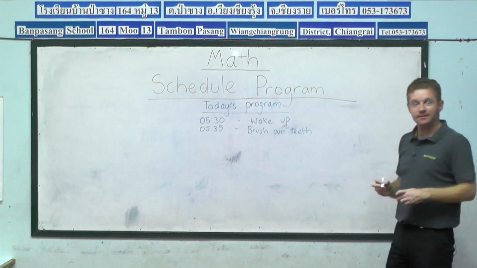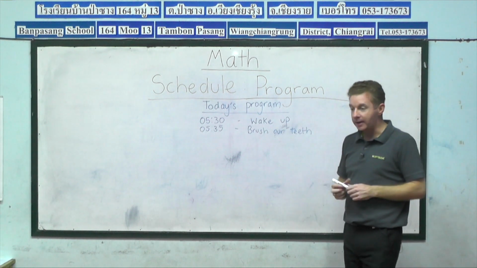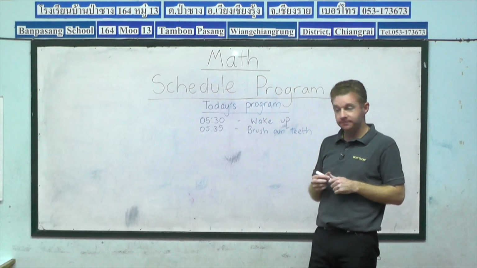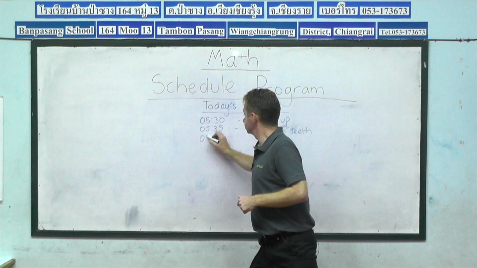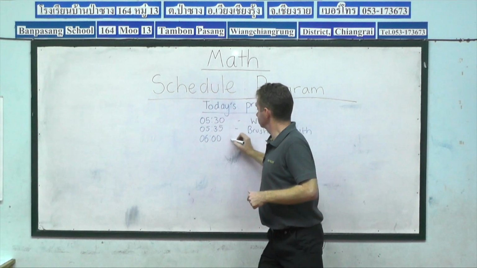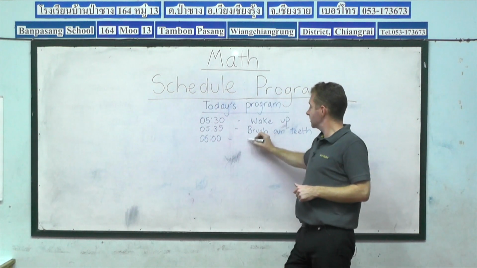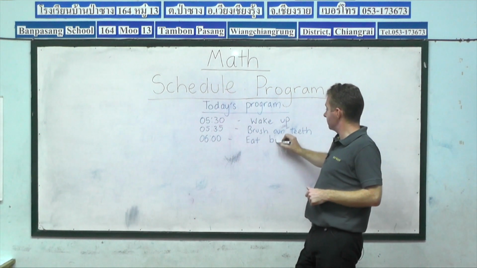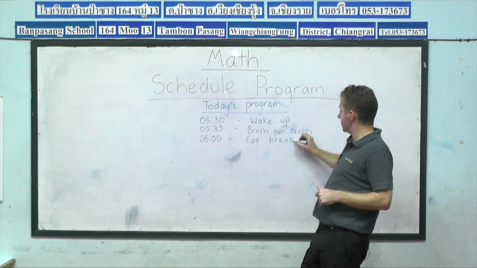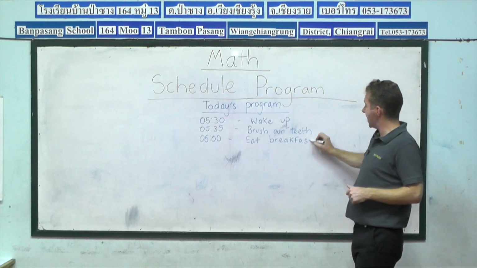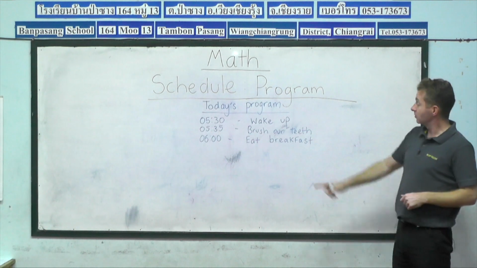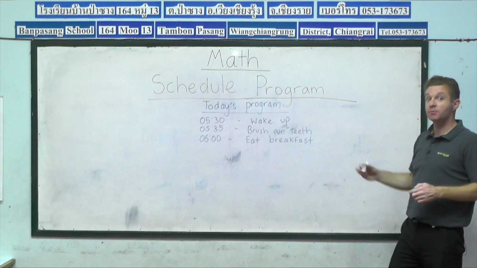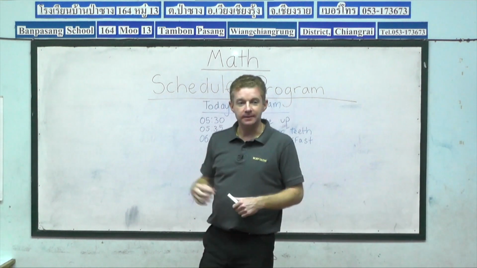Then what happens next? Okay, what time? 6 o'clock, eat breakfast. So eat, how do we spell eat? E-A-T, and breakfast, B-R-E-A-K-F-A-S-T. Okay, so now we've woken up, we've brushed our teeth, and we've eaten breakfast. What's next? Next we have to